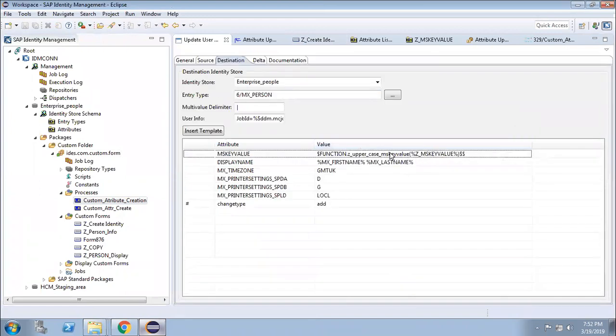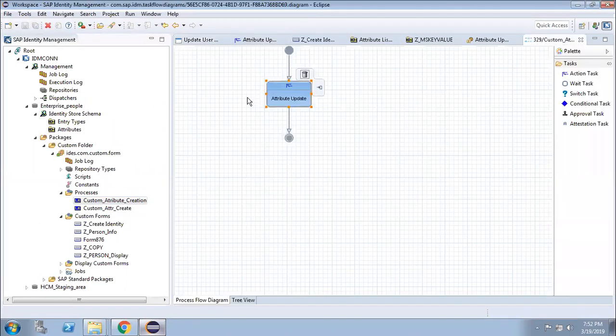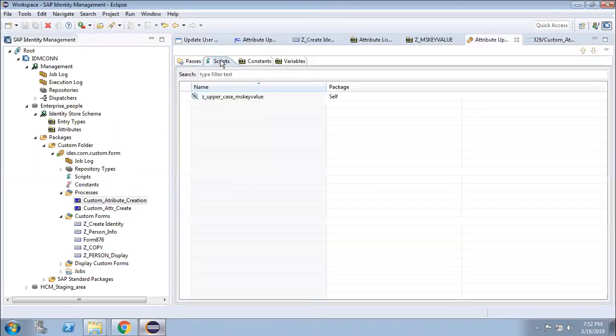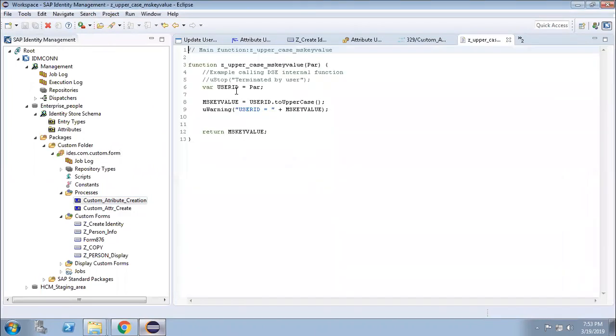Through this custom SQL script, if you go to the script area, this script is basically giving you the upper character. This user ID I am passing. What is par? Par means parameter. The value I am passing is that z underscore ms key value.